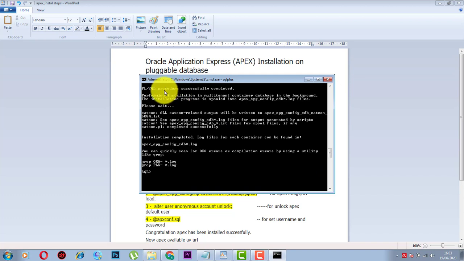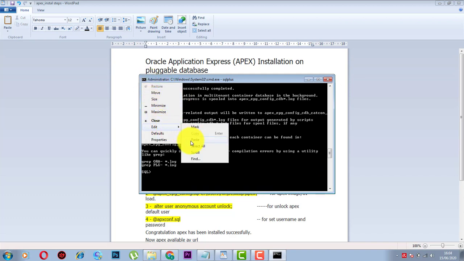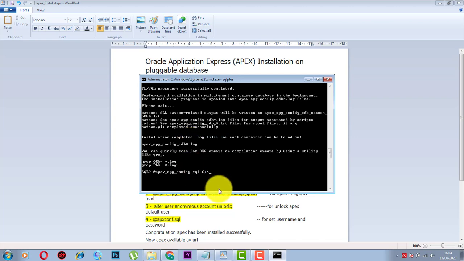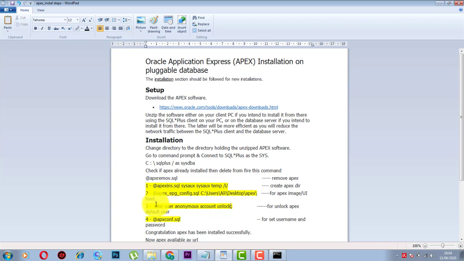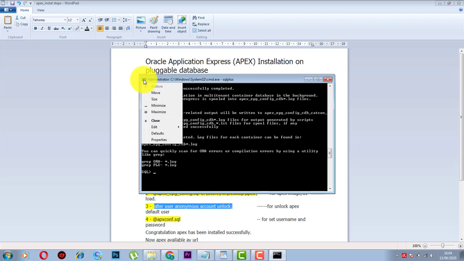Now we have the next group of commands. Just copy, paste. Sorry, just copy this command, and paste.